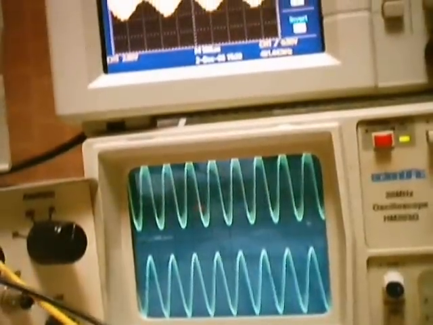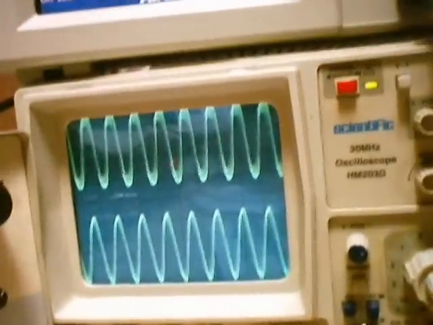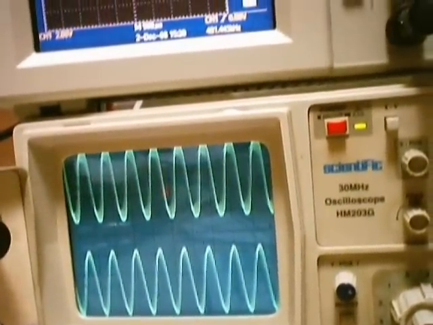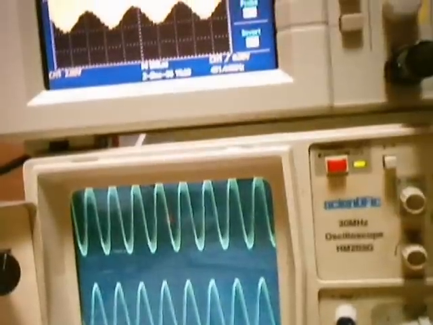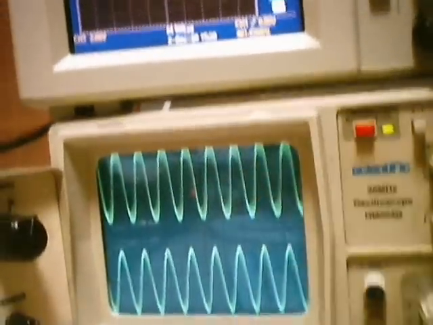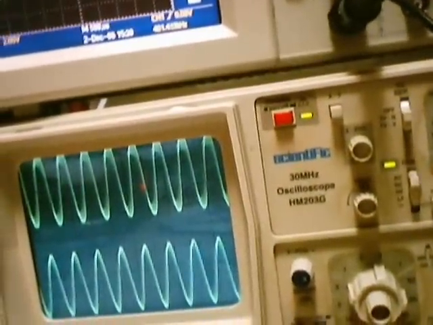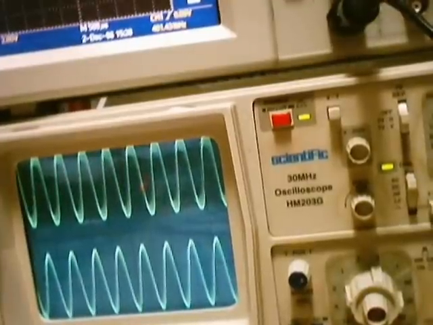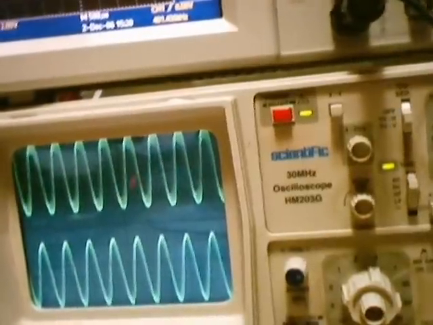In the previous cases we saw that the output frequency was either less or more compared to the input frequency. That's exactly your up conversion, down conversion. Suppose you keep the input frequency at the tune frequency of the output, we won't get the mixer action. It will be just a tuned action that we are getting. So to get the mixer action, we have to keep the input carrier frequency well away from the tune frequency.